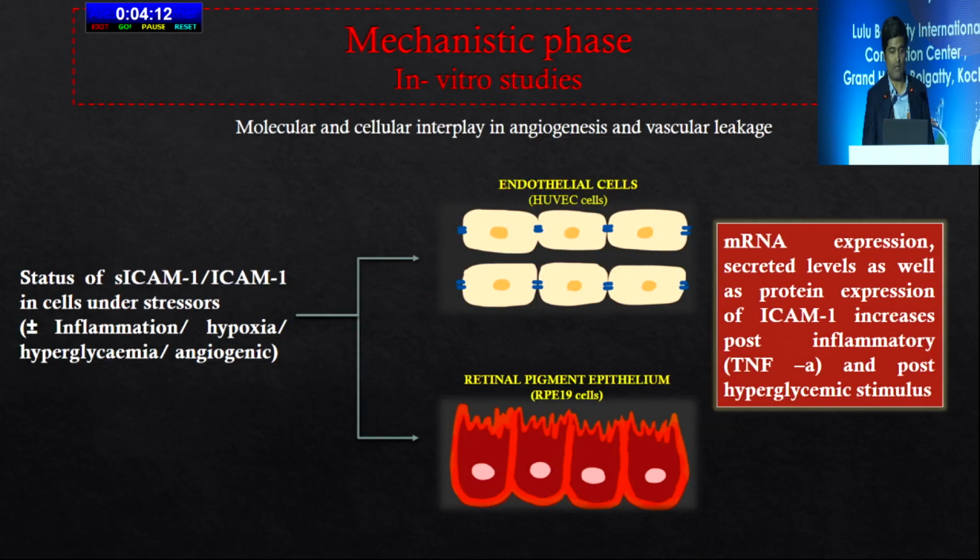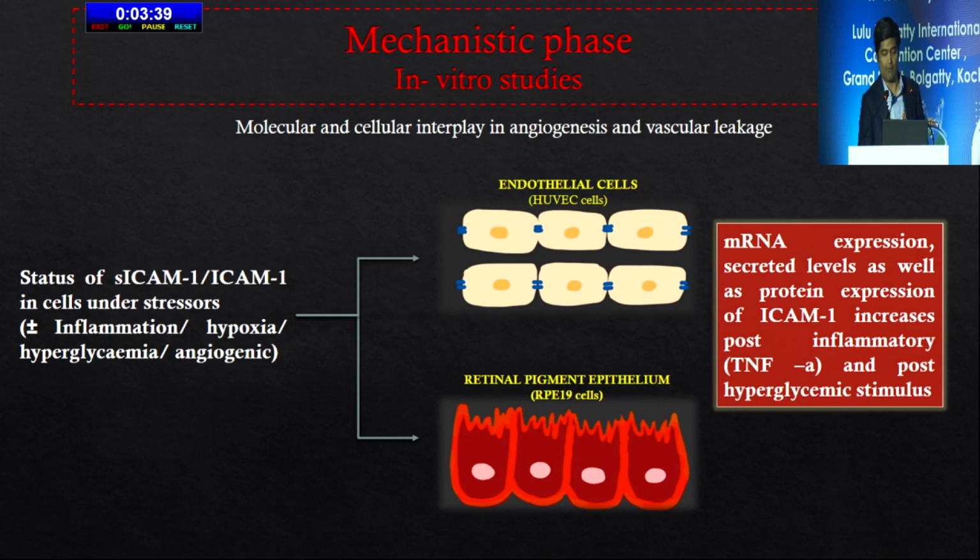Now, to prove the mechanistic phase, we took endothelial cells derived from human umbilical vein in a culture plate, and we also took the ARPE cells. We took these two because they form the blood retinal barrier. The RPE is the outer blood retinal barrier, and endothelial cells are the junction, the ones which keep the blood vessels from leaking. So when we gave these two cells stress in the form of inflammation by adding TNF-alpha, or producing hypoxia, or when we added sugar to it, producing hyperglycemic environments, we saw that the first thing that it did